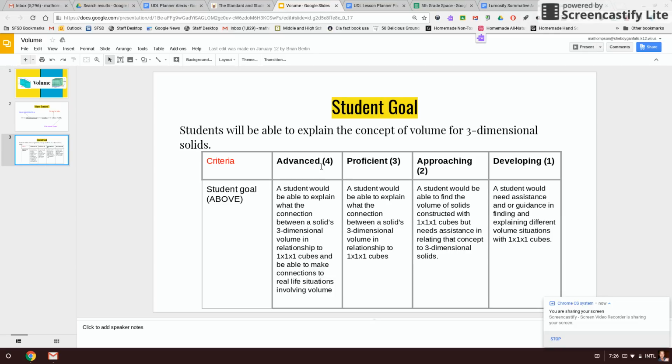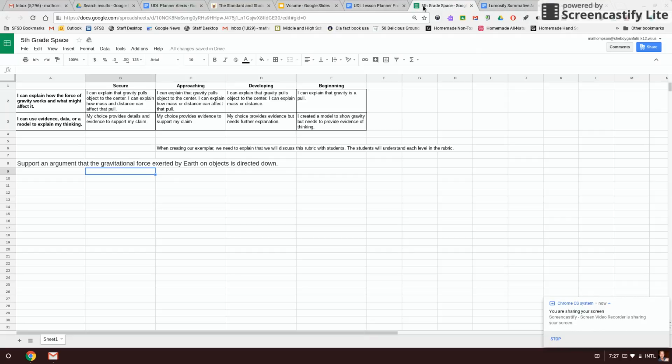Again, having the advanced student not just be able to explain what a volume is, but apply that understanding of volume to real life situations and be able to explain it. And again, level down, but again, all based on the language of the goal and the language of the standard. As we move forward here, we've got a fifth grade science rubric where this particular teacher is